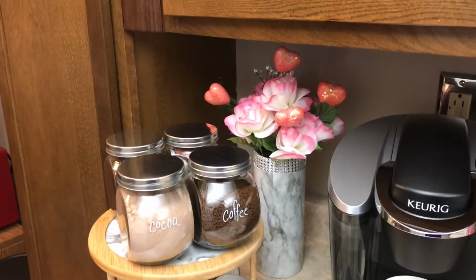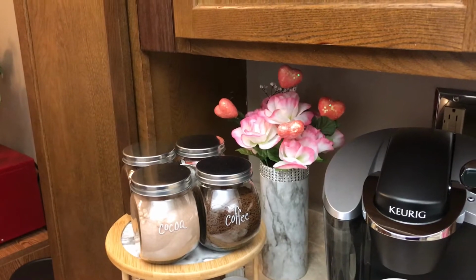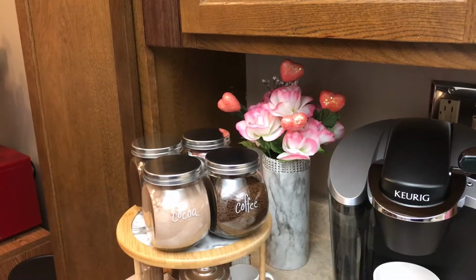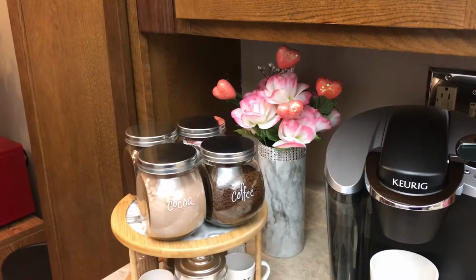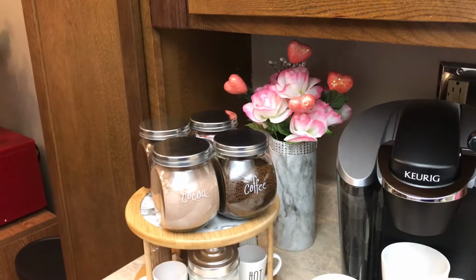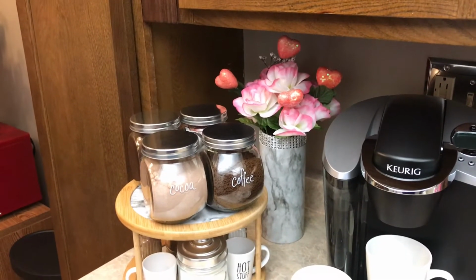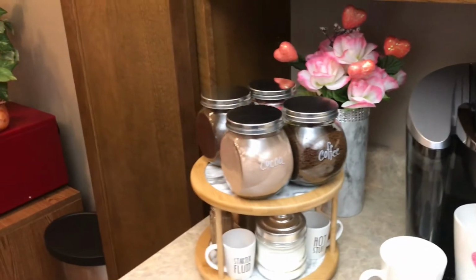and I made that container back there out of a plastic tubing that I had, and I just placed some roses and some heart picks inside, covered it with some marble contact paper, and this